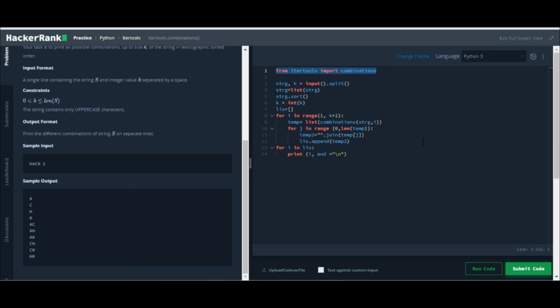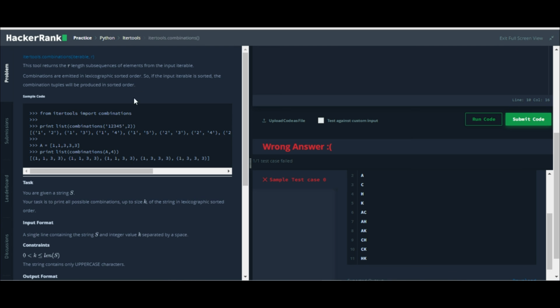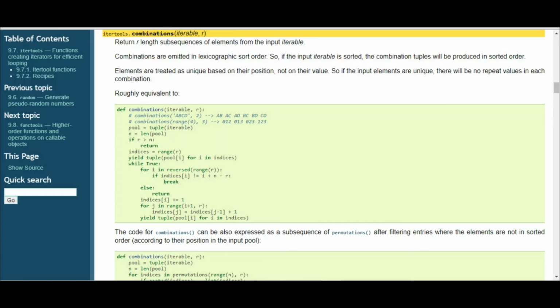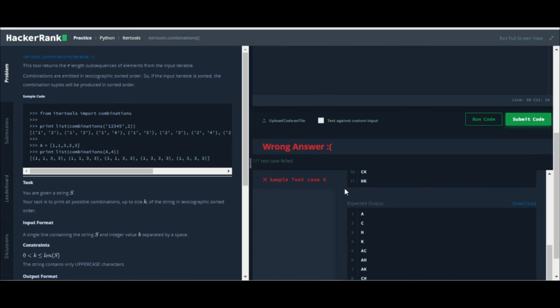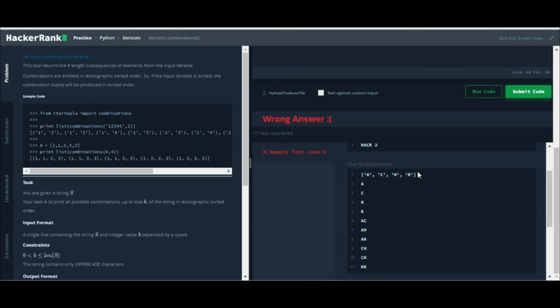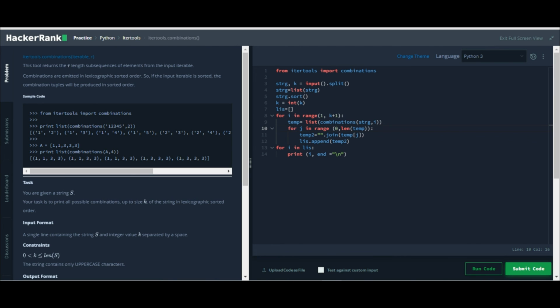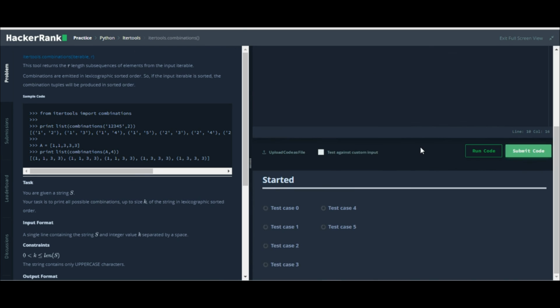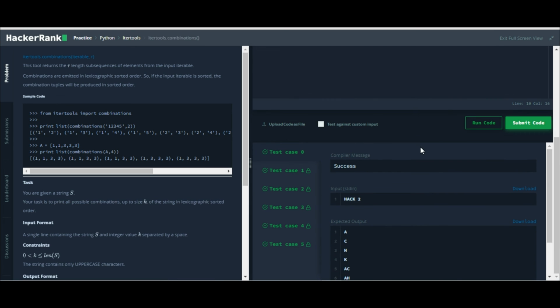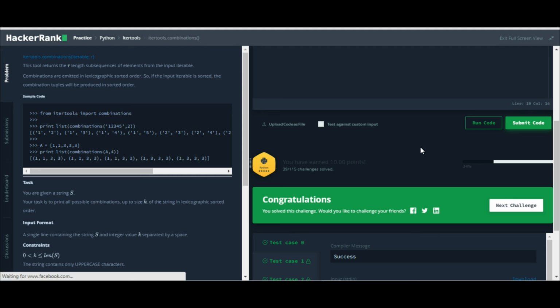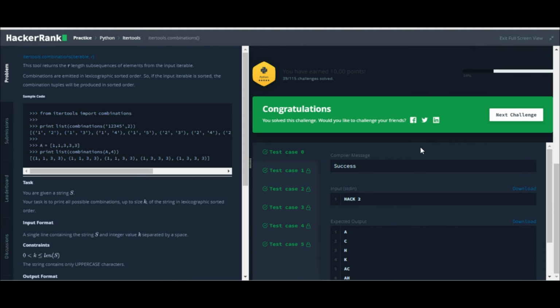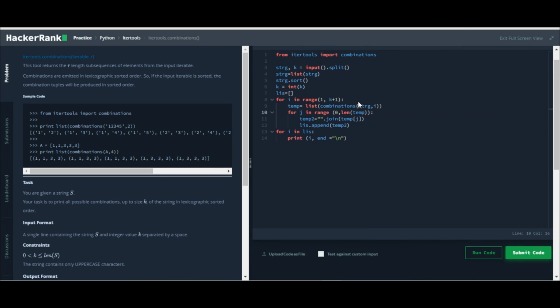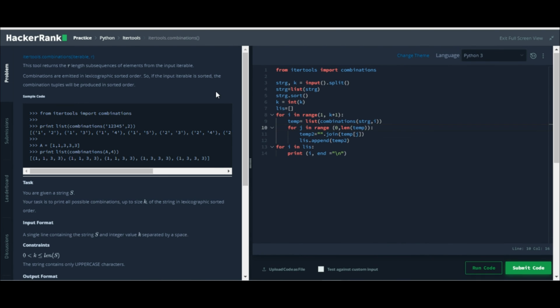And you have used the tool which is this combinations function here, and you can read more about this in the documentation, which I am not going into. By the way, we have not submitted it, so I'll remove this thing because it is showing wrong answer. So now run. So you can see our sample test case is passed. Congratulations. Let's submit it. So all the test cases are passed, and boom, congratulations. So we have completed this puzzle, or combination challenge. Let's move on to the next one.